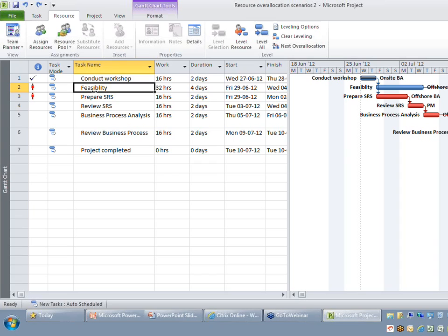There are a lot of requirements people might have, where they don't want to push this task to a later date; rather, they want to split this task so that you are doing the feasibility in pieces. So